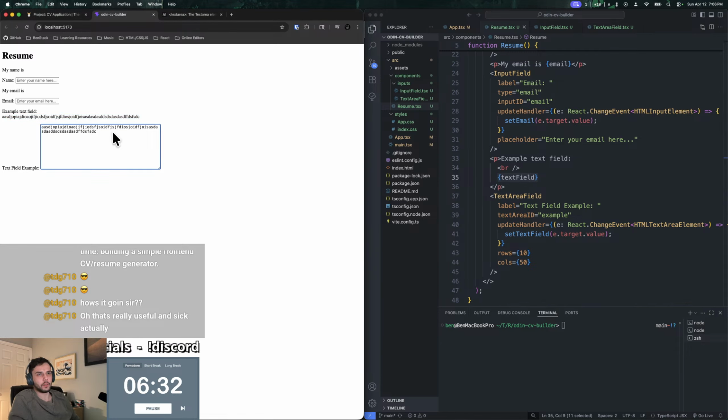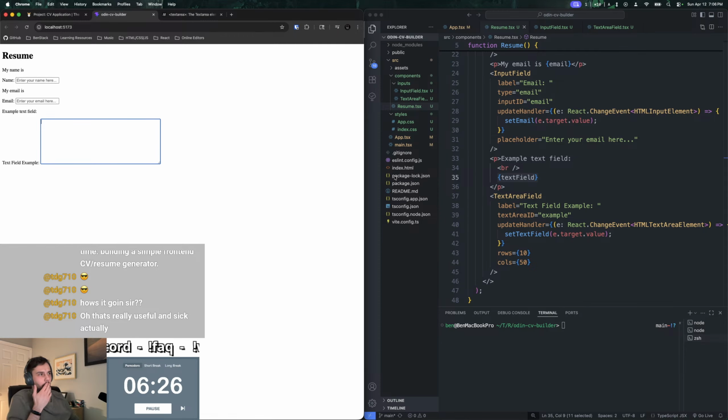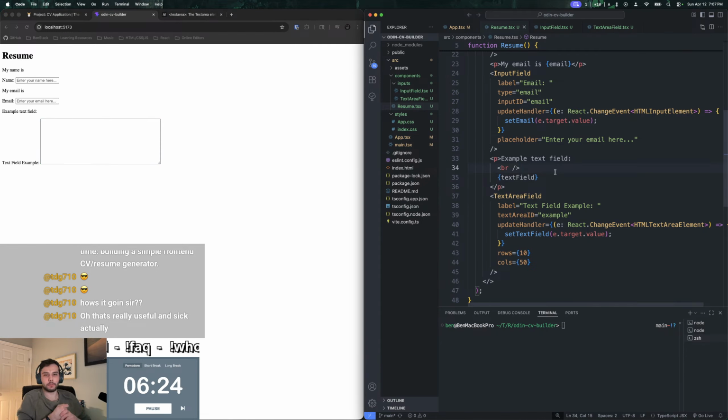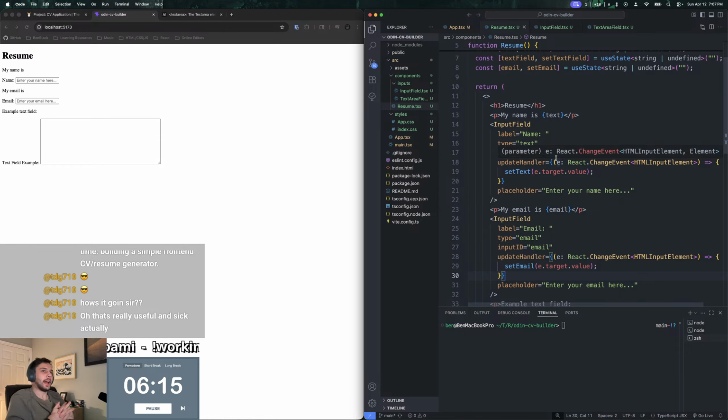To this paragraph div or paragraph element, right? And that's kind of the behavior that we're going to want when it comes to actually building the resume builder. So yeah, I think actually now we have the right guts to start building the